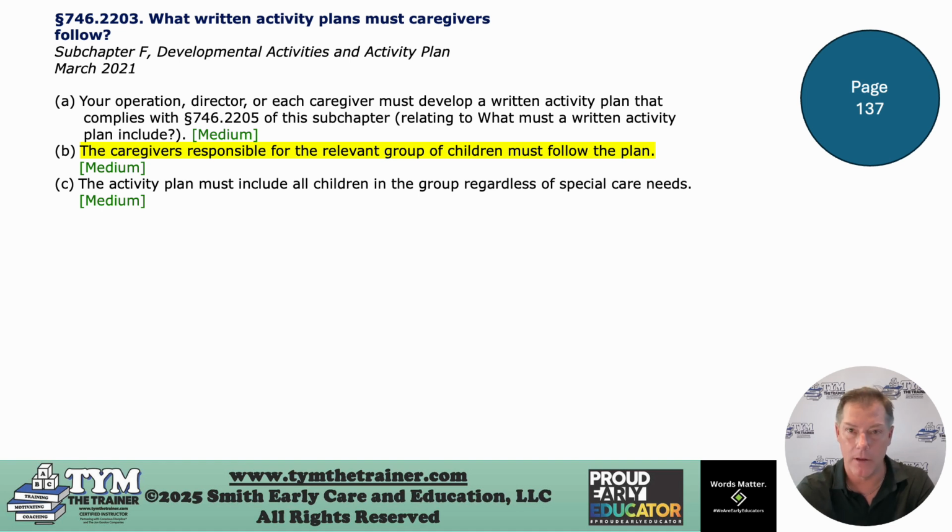And when you go in the classroom, you need to make sure that that lesson plan is being followed. If licensing comes in and they see that on your activity plan at 10:30 on Monday you should be in circle time, and they walk in and that's not what's happening, you could be cited for that. Now, always put on your activity plan that it is contingent on the children and may change at any time, because that's reality. But you need to follow that activity plan as closely as possible.